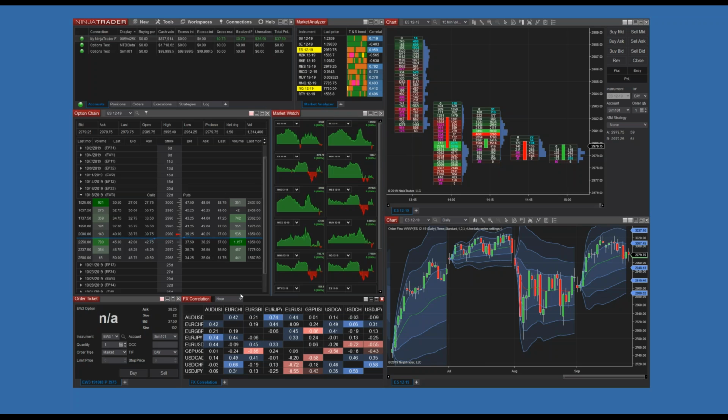So we're continuing to expand on that. And one of the things we felt we could expand on was an FX correlation window. It's a good utility window, especially if you're new in the FX industry. And all it simply does is it takes all the FX pairs, and you can add additional pairs to